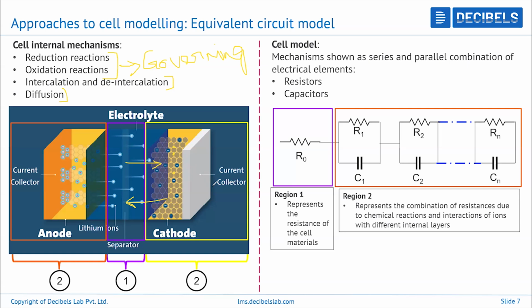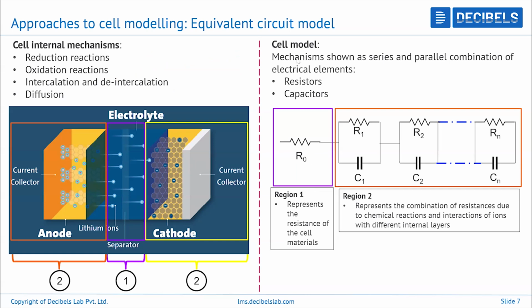So that is diffusion. And you can see on the right hand side how each process has been simplified and represented into electrical elements. The idea is that we are simplifying all these processes, and we can use electrical equations to just model the entire voltage behavior within the cell,